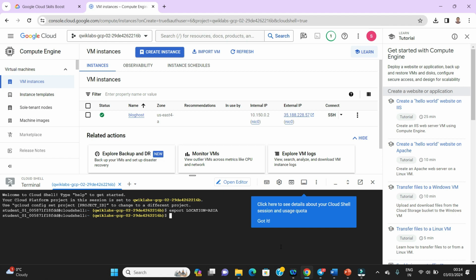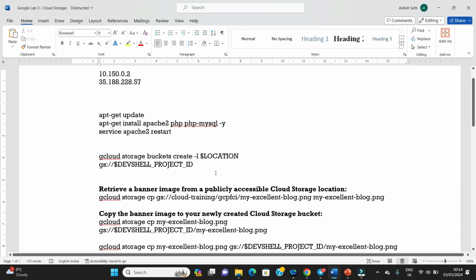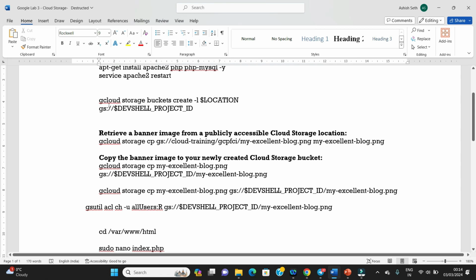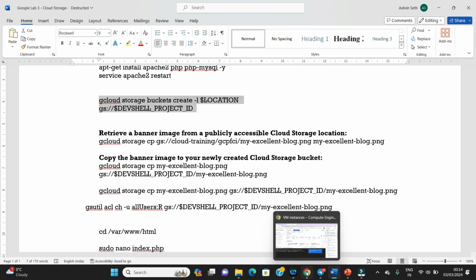For this, we can use the command. You can see here, we are going to create a gcloud storage bucket in this location, and we assign the bucket the same name as the project ID. Okay, so I'll just copy this command and run it here.